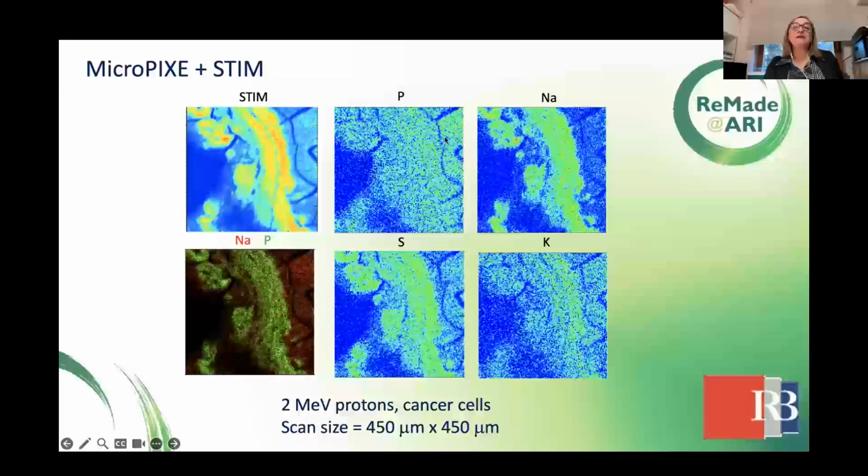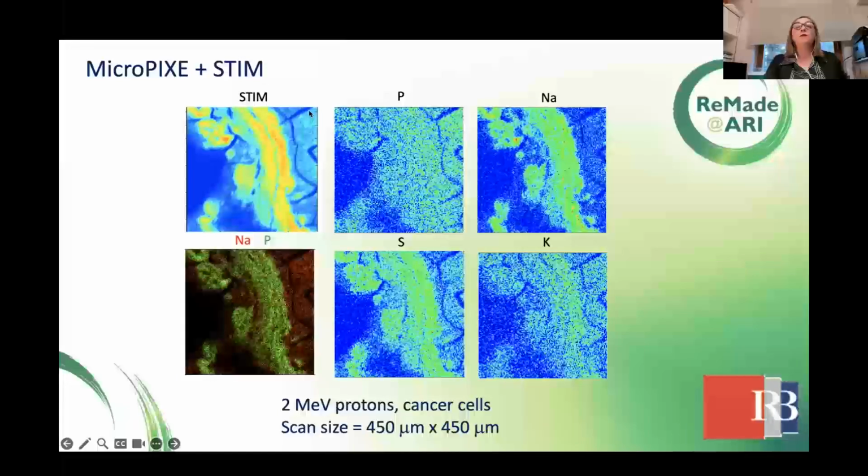Unfortunately, STIM and PIXE can't be done at the same time, but can be done one after another, because STIM is a low ion technique. As we put a particle detector beyond the sample, high currents, which we usually use for imaging with PIXE or with PIGE, will destroy the detector immediately. Therefore, we have to reduce the current to femtoamps, let's say about 1,000 ions per second, to do